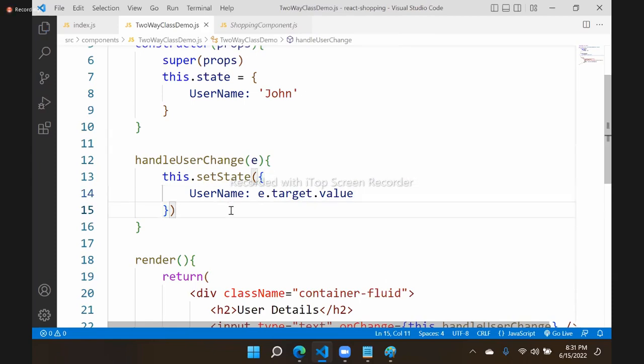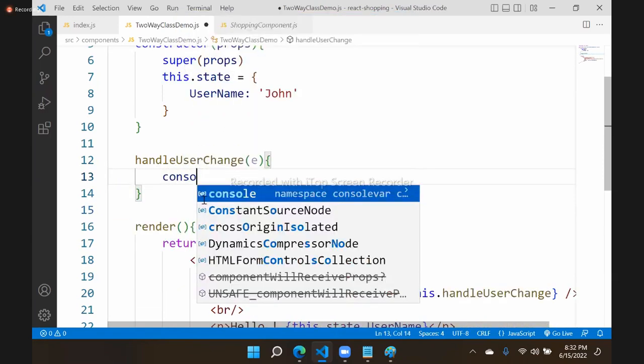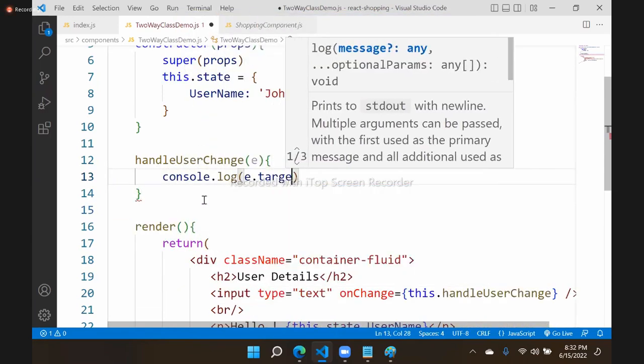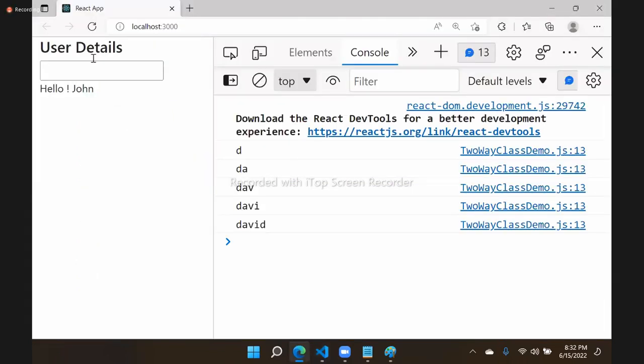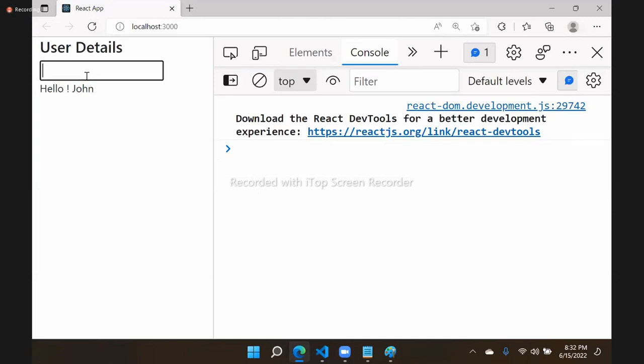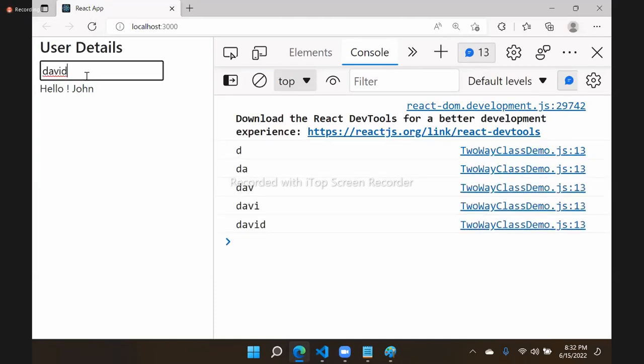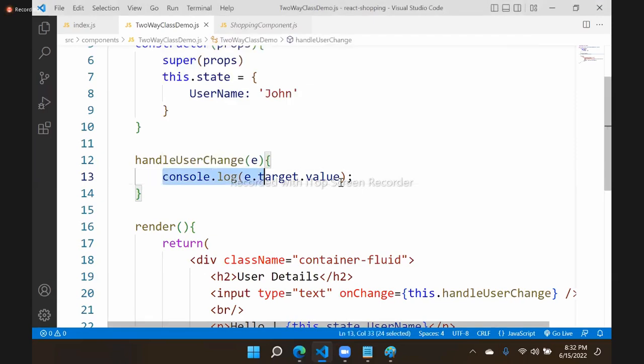Now one problem will come. Previously we didn't have the problem. You haven't seen any error when I was using console log. Just remove this, I'm using console.log(e.target.value). You can see that there is no error here. When I am typing, there is no error. Everything is fine. But when you are trying to set into state,